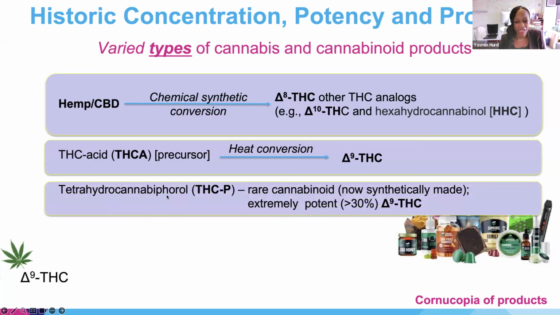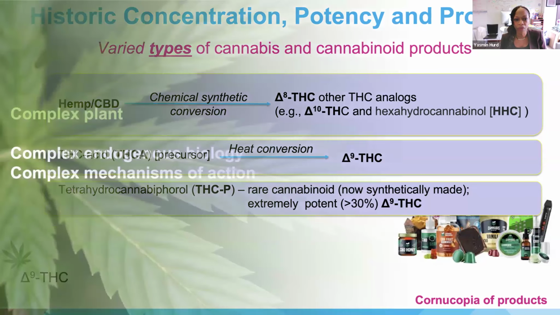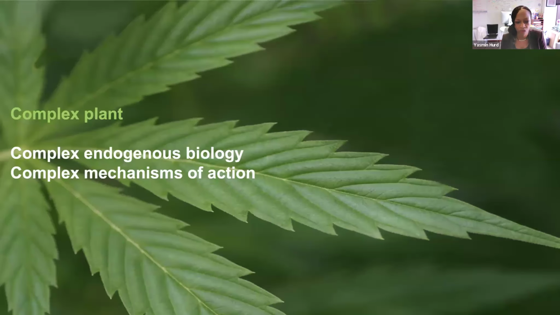And also recently, as we have identified very low concentrations of particular cannabinoids in the plant, they're very rare, but they're extremely potent. Potency means that when they bind to the cannabinoid receptor, they produce an action much greater than even Delta 9 THC. These rare cannabinoids can now be made synthetically and sold. So all these synthetic products are also one of the issues that we've never had before in our society.